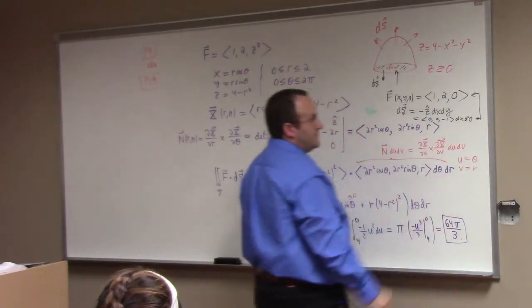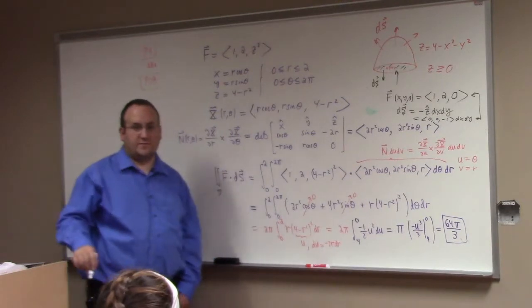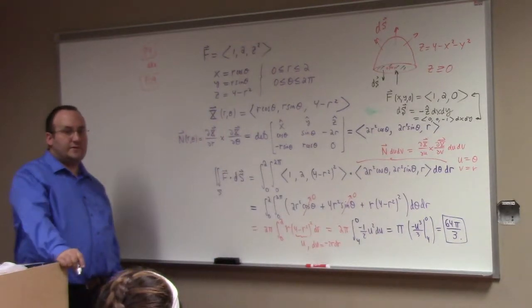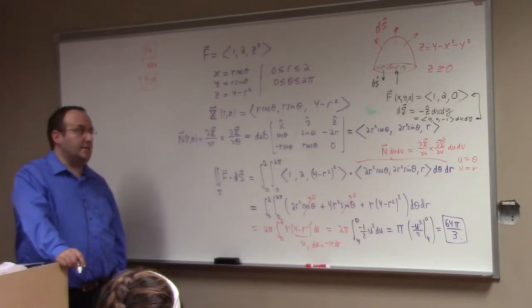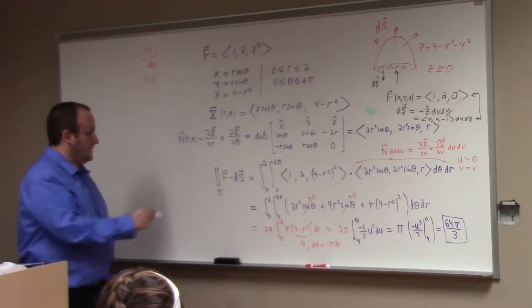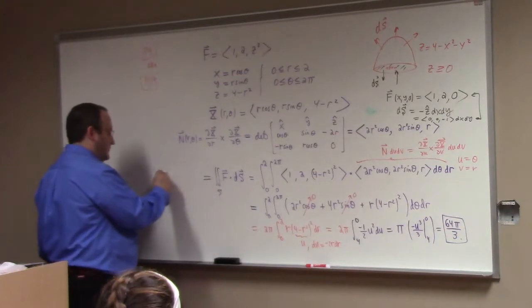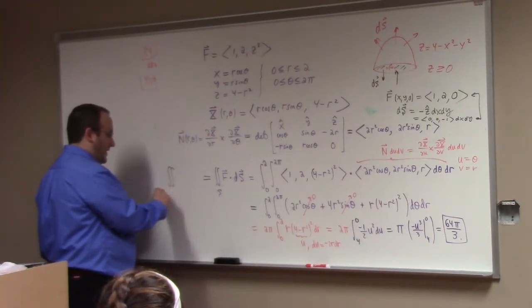They're perpendicular. When you take the dot product to calculate the flux, you get 0. There's 0 flux through the base. And so what that says is that this is equal to the integral over the boundary of the gumdrop,